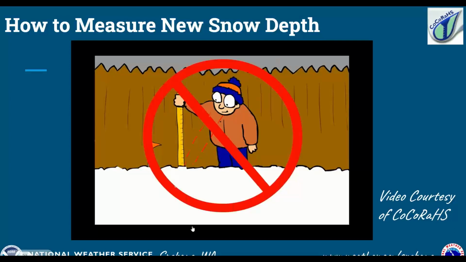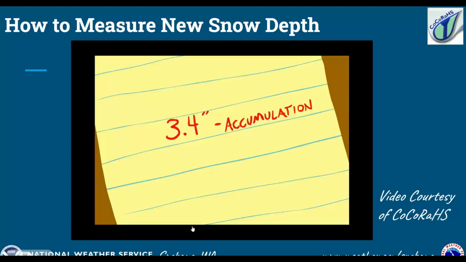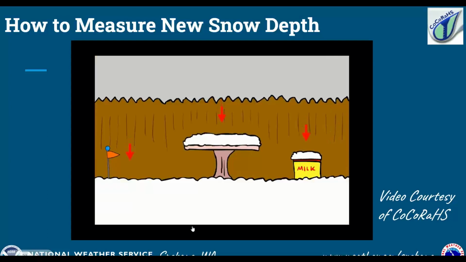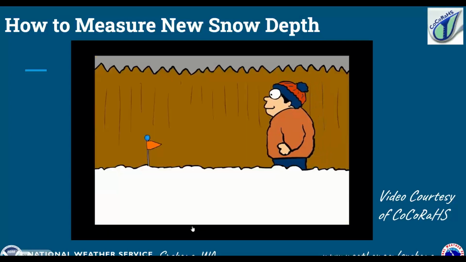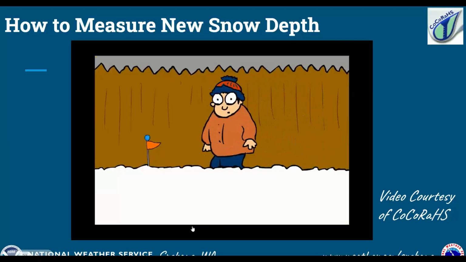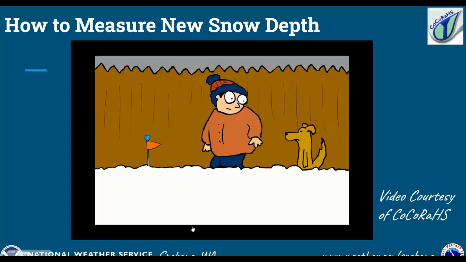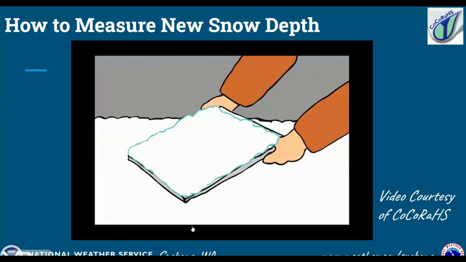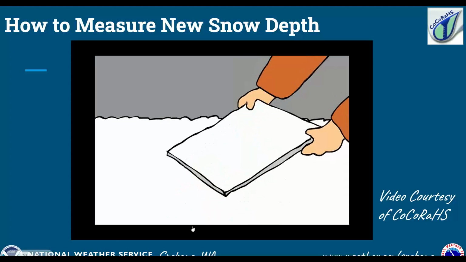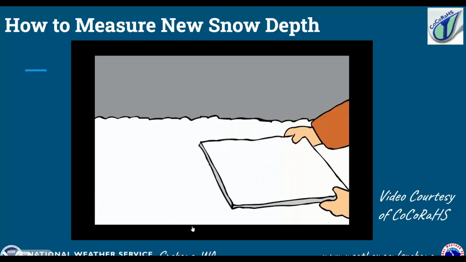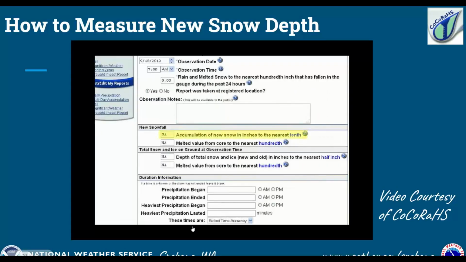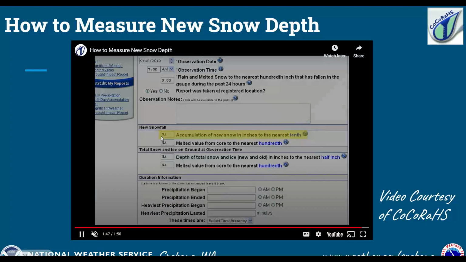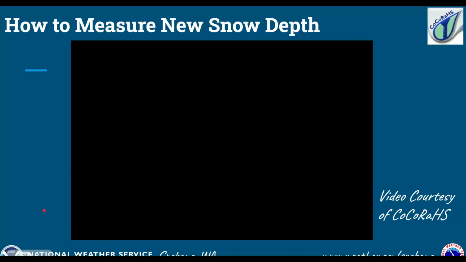Now, keep in mind that we want to be at eye level, so we know as close as we can the accuracy of the snow depth. You want to measure it from your board, but maybe you want to take other measurements as well, maybe from a picnic table or your patio, just so you have an average of how much snow has fallen. And once you measure that, you pull your board out, get the snow off, and then put it right on top of the snow, so you're ready for the next new snow measurement. And you put in that measurement right under that tab called New Snowfall.